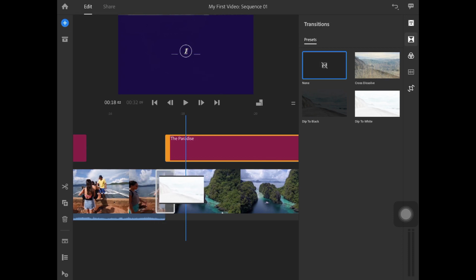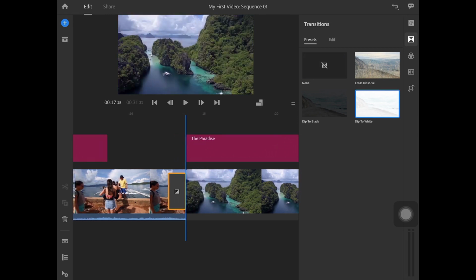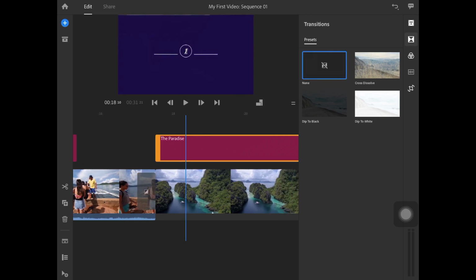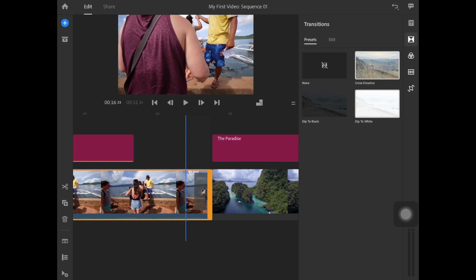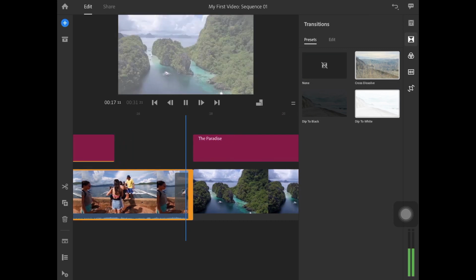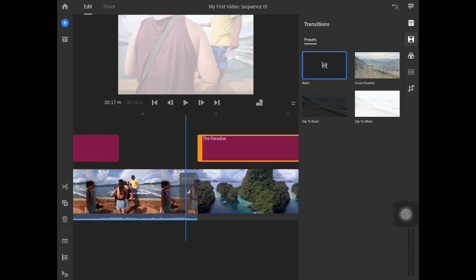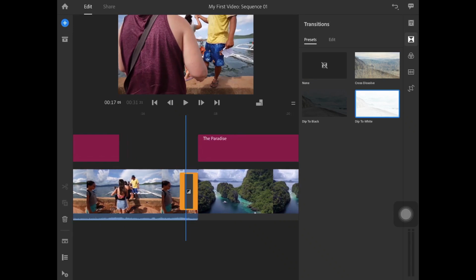I'm not going to do this here or here, because if you see, there are 3 positions available for me to place this transition: only towards the first clip, between the first and second, or only towards the second clip. I'm going to keep this only towards the first clip, because starting from the second, there is a text template that is about to start anyway. So it doesn't make sense to put it in between or only towards the right clip. Now see what happens. It dipped to white, and then the video started.